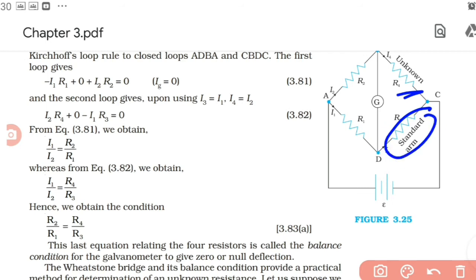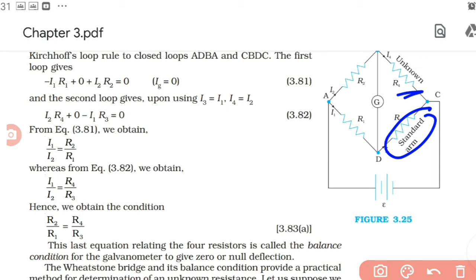The thing is this, in order to repeat the experiment, you have to change the resistance, no. So R1 and R2 we will keep as fixed resistances, and R3 we will change, like a rheostat or a resistance box we will connect. So keeping the three known resistances, you can find the unknown resistance. That is the logic behind using Wheatstone's bridge to find the unknown resistance.